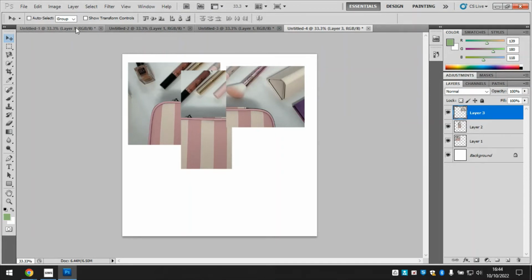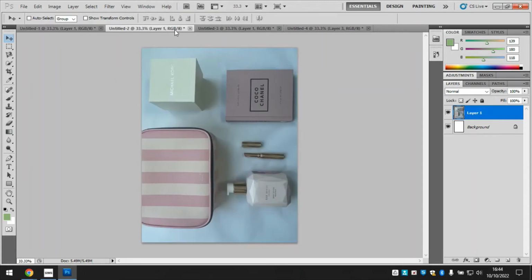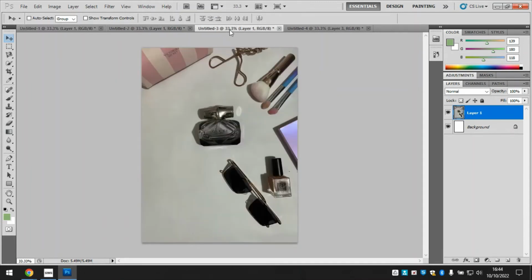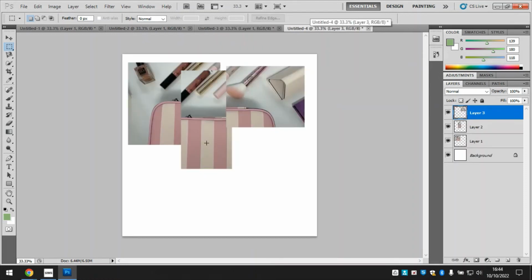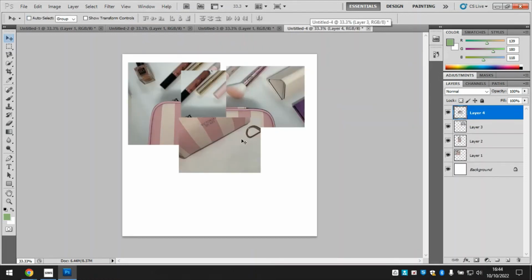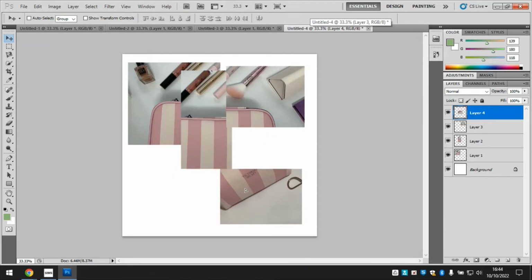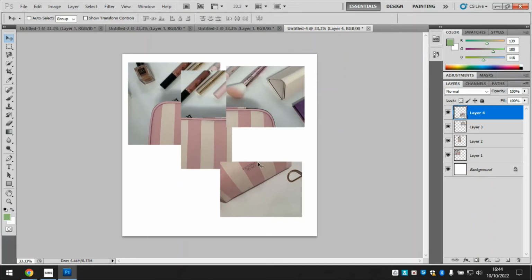Now I've only worked off one picture, so what I'm going to do is go onto this picture I quite like. I'm going to use my M, select this nice corner shape, copy, Control C, Control V, press V again. I'm going to end up with some really unusual shapes, and that's what we want. Okay, you want it to look quite abstract. I'm going to skip forward a little bit and pretend that I've filled the whole of my page with these